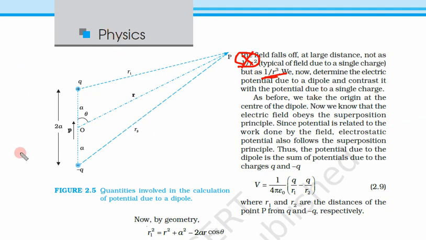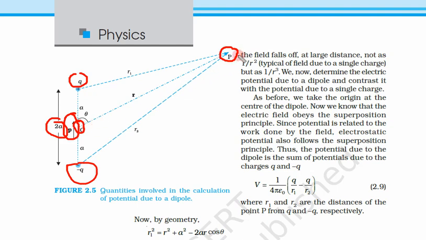So this is our figure. This time again we are going to determine the potential, and we are taking a dipole. This is our dipole, this is q, this is minus q, and the distance between them is 2a. And as I have already said, the direction of the dipole is always from negative to positive. So it is showing the direction of this dipole. Let this point O be the center of this dipole, and we want the potential at this point P.